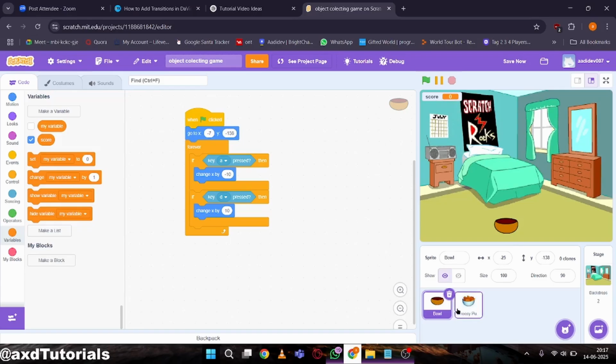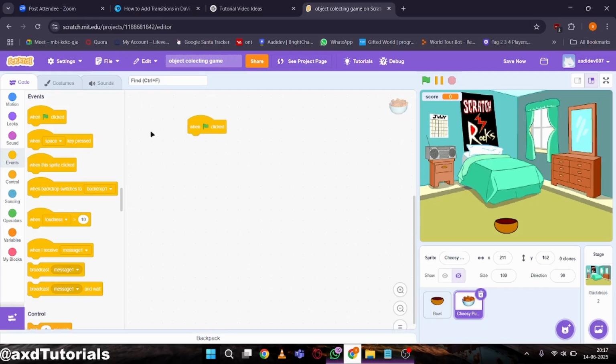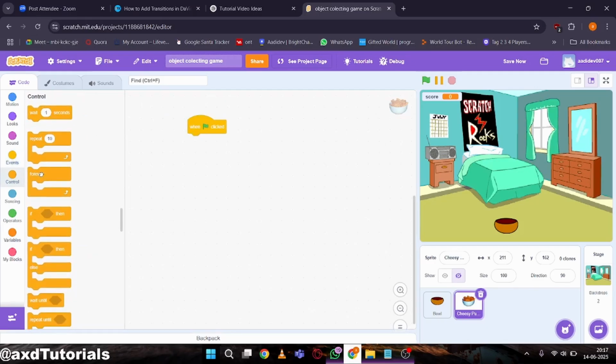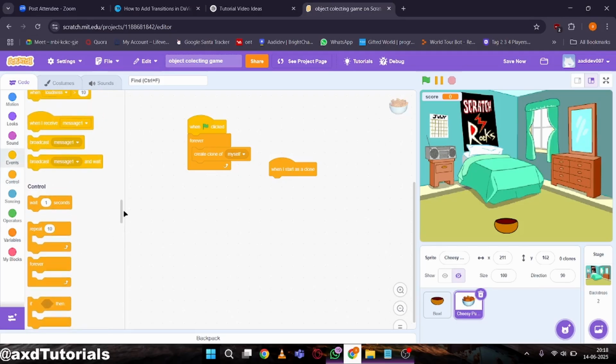Now to add the code for the cheesy puffs. We have to add a when flag click block, then in forever, go to there, and we need to make it spawn clones of itself. Then get the when I start as a clone block, and get a forever one, and also